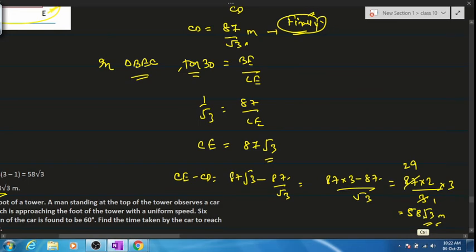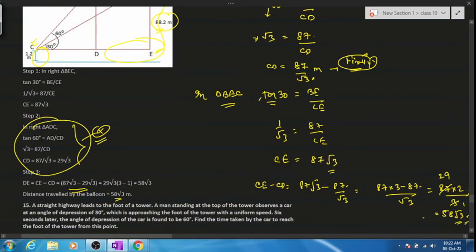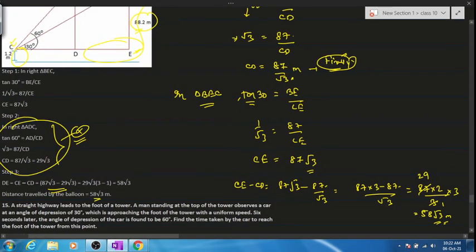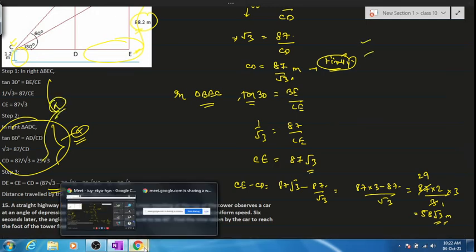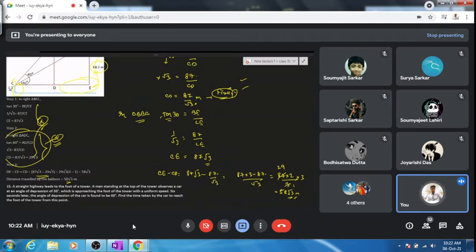Everyone kindly confirm, is there any doubt in this numerical? Over here there is a bit of printing mistakes, don't do this thing. Copy down this one and tell me if there is any query regarding this numerical. Anyone? I'm pausing the video, kindly note it down.